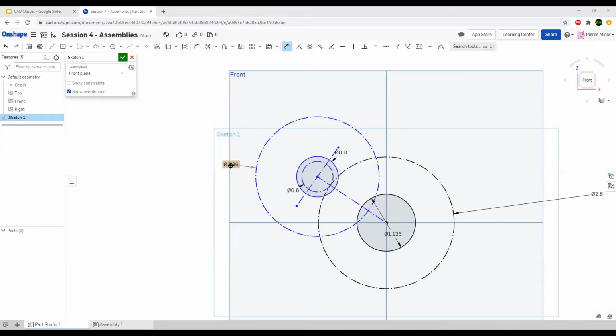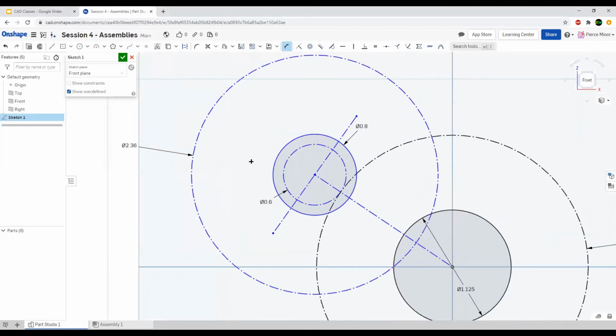So now that's the size I need that to be. Then this, I'm a little tired. Sorry about all this. So then